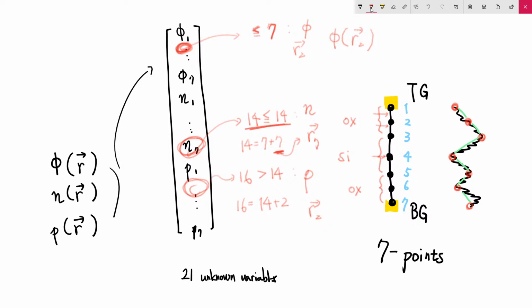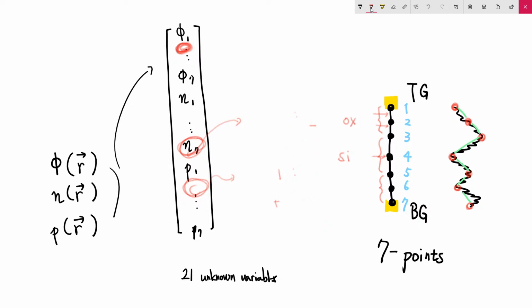Then how can you find out the physical meaning of a certain component in your unknown variable? Already it becomes quite complicated. But anyway, if you just label them in that way, then maybe by just considering the total number of your unknown variables, you can do it in some way. Okay. So if you have any questions, please interrupt me.